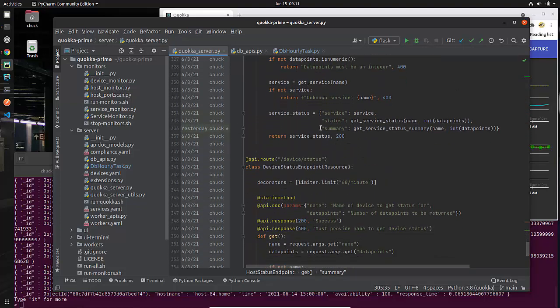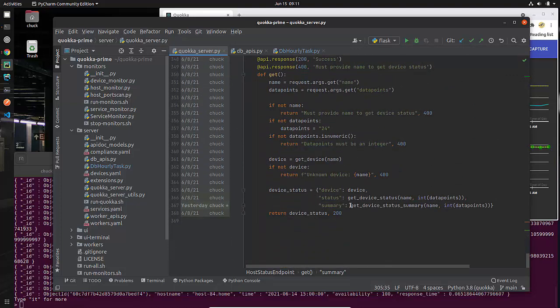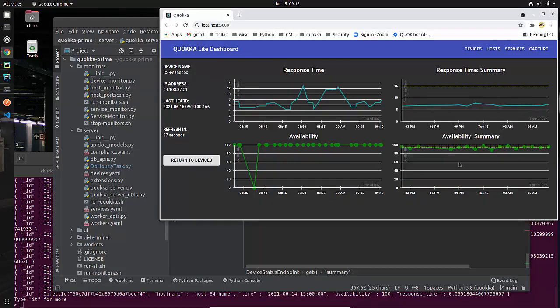You can see down here, I changed summary so that it basically calls get status summary, and that is what is going to read the database and return the information that allows this stuff to get printed nicely in my user interface.